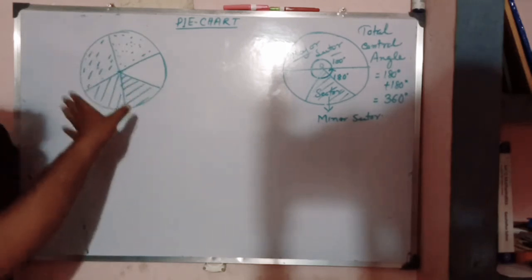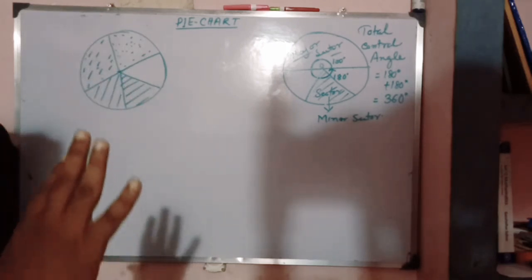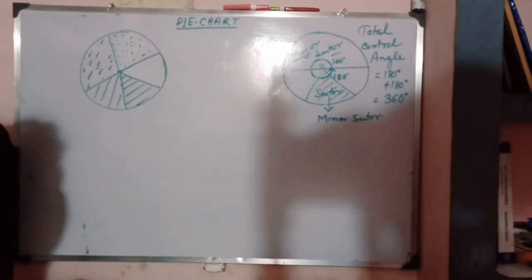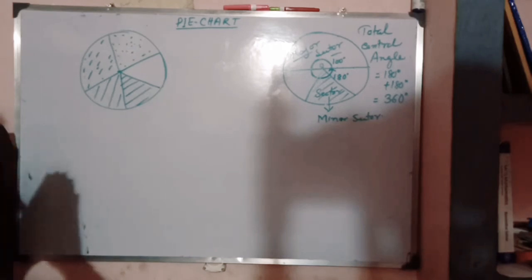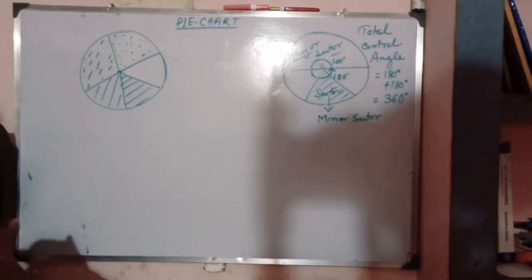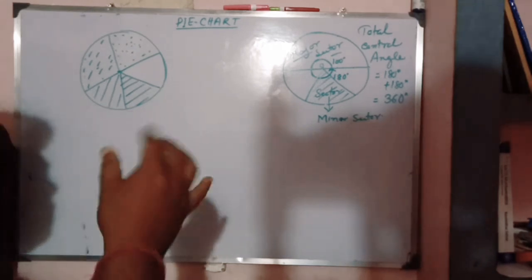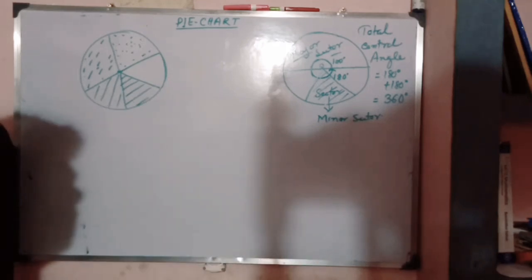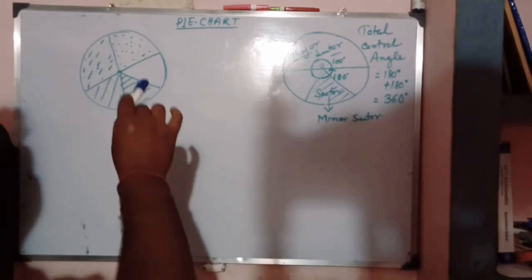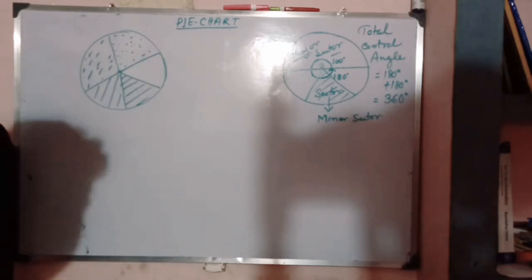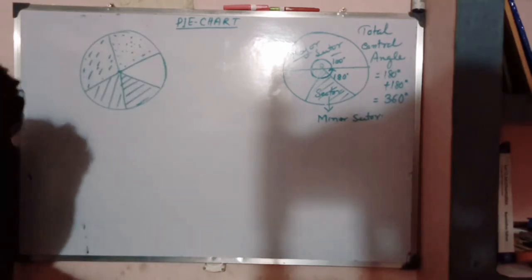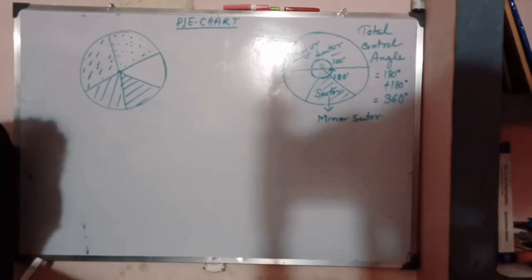in the form of sectors of a circle, completing the whole circle by dividing it into different smaller sectors according to the given data, is called a pie chart. Understood? Now to know about the pie chart,